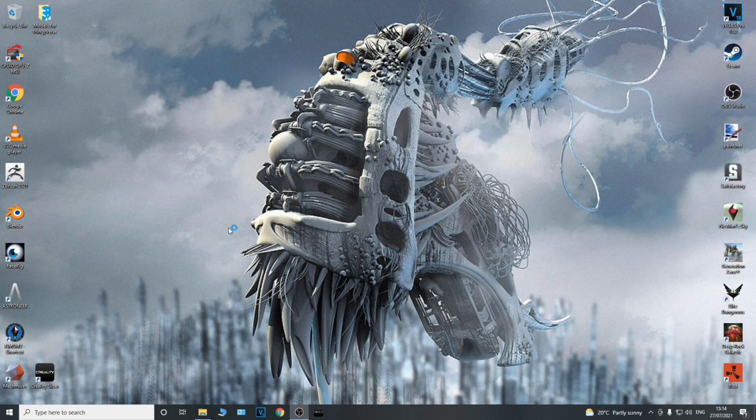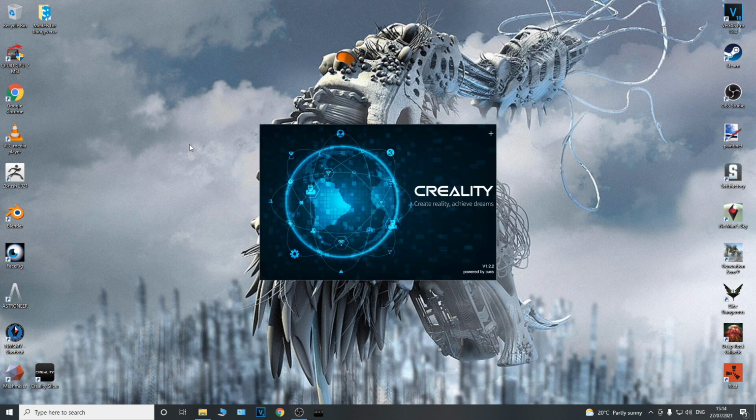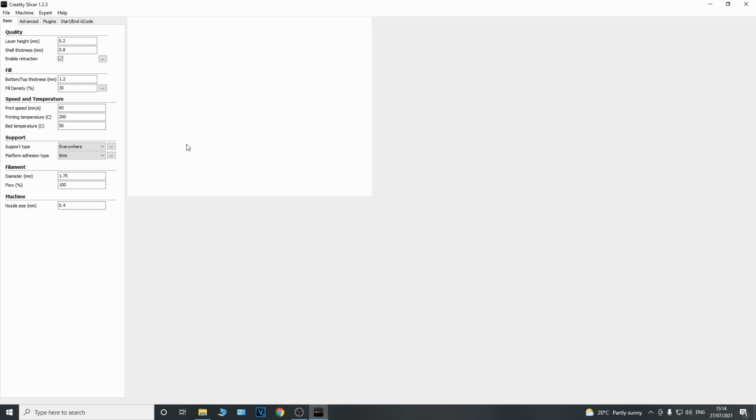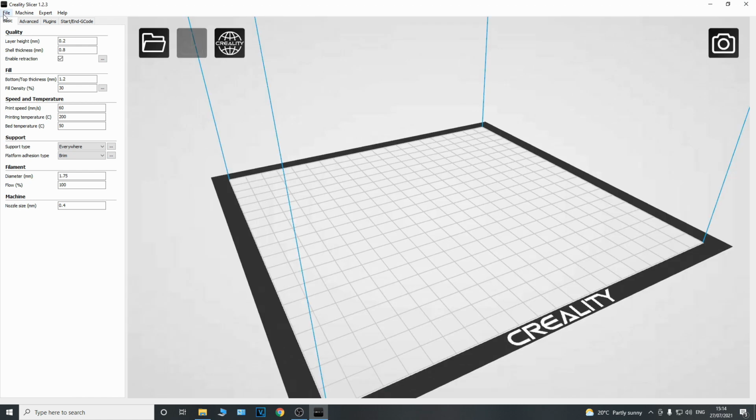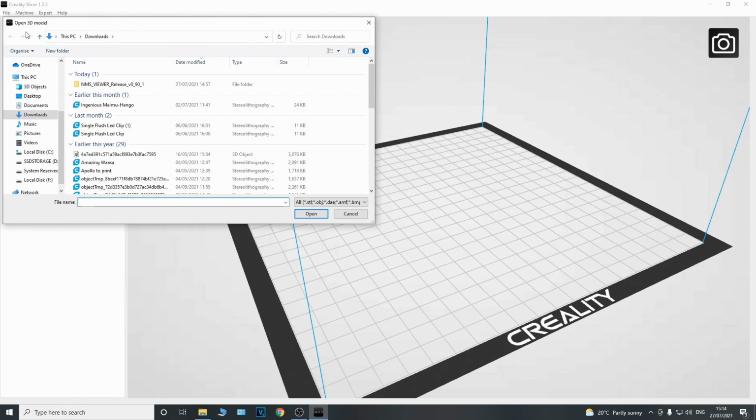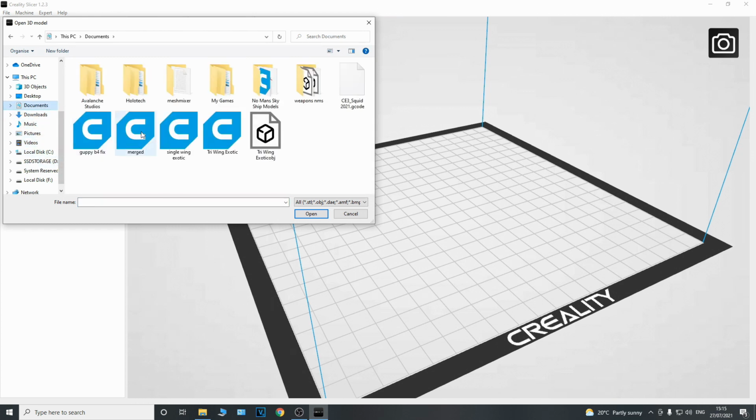And then finally, for years I've been using Cura on my printer, but later versions of Cura have not been good. Their supports that they use for supporting the print while it is actually printing have just been atrocious. They've been pulling the print to pieces, and it shouldn't be like that. So I've been using Creality's own